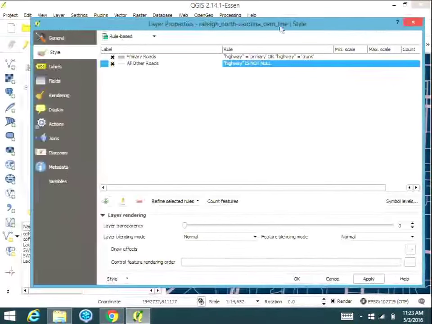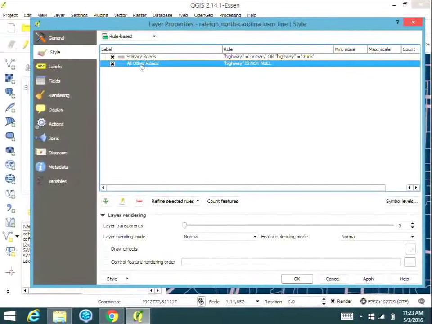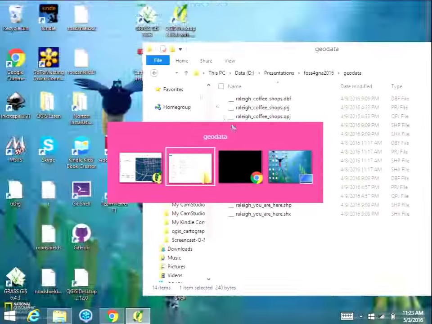You can have as many rules as you want. You can nest them. You can drag them up and down, because that's going to be the draw order. So that's what rule-based rendering is about. So now we're going to switch over to labels. So for labels, I wanted to